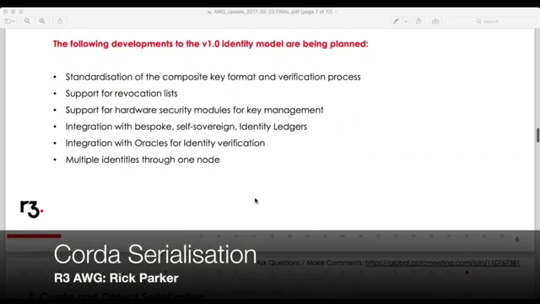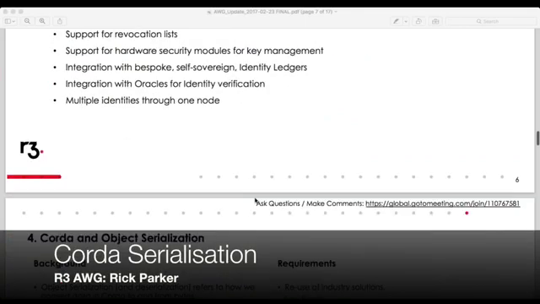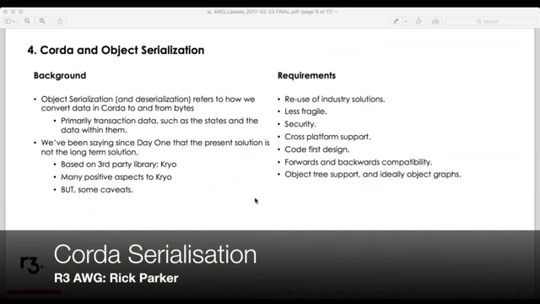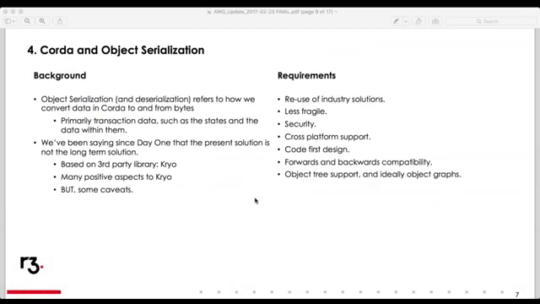Hello, everybody. I'm going to talk a little bit about the past, present, and future of object serialization within the Corda platform. First of all, what do we mean by object serialization? Really, I'm referring to how we convert data in Corda to bytes and the reverse process of converting from bytes, deserialization. Primarily, this refers to the transaction data within the Corda platform, the states and the data within those states,